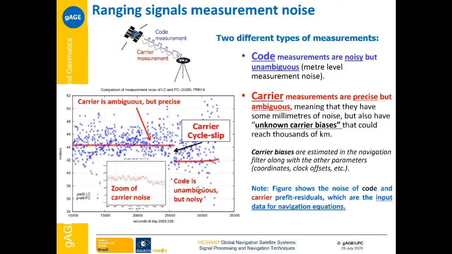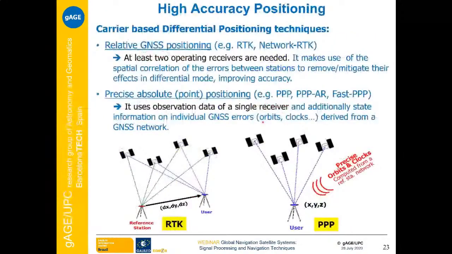The measurement jumps by an arbitrary number, then we have very precise measurements, but in order to use these measurements for positioning, we have to repair the carrier phase, generally speaking. Let's say we have to estimate what we call the ambiguity. Ambiguity is the jumps in the carrier. Then the techniques that I'm going to present are based on carrier and need to fix these ambiguities, need to repair this carrier phase.